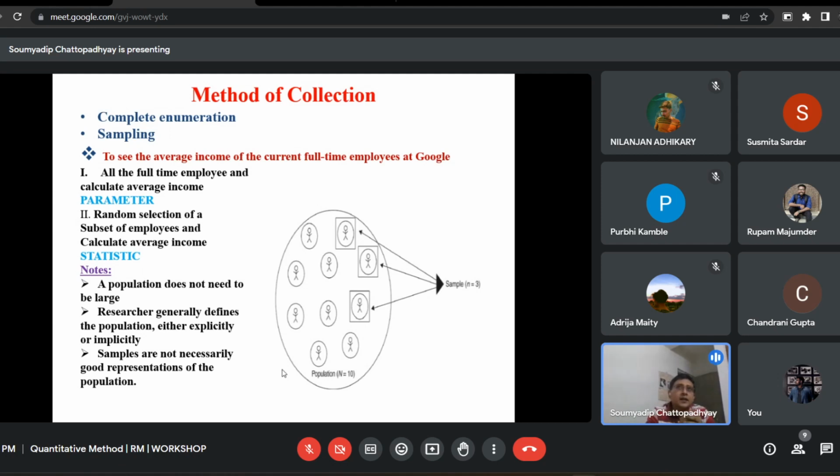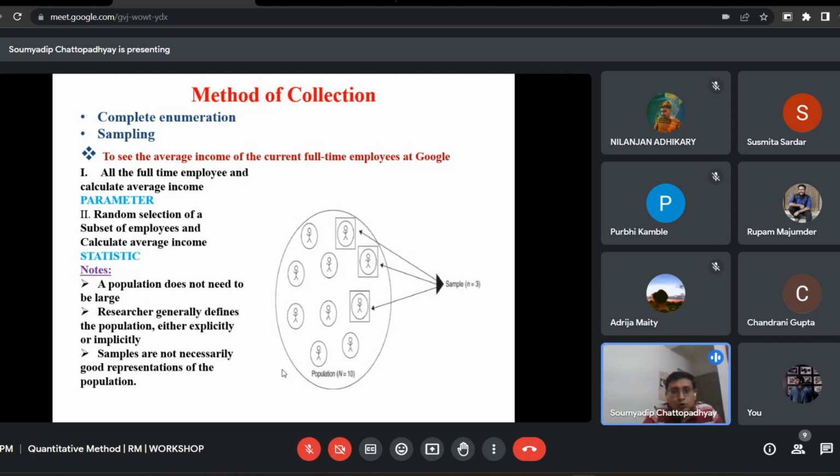Now again, let us consider a particular example. Suppose you are interested to analyze the incidence of depression among adolescents. In that context, in order to address your research objective, suppose you decide to do a survey on 15-year-old boys or girls who are coming to a particular mental hospital in a particular city. In that case, your population will be all those boys or girls who are 15 years old and who are coming to that mental hospital. So that means you are defining your population quite explicitly.